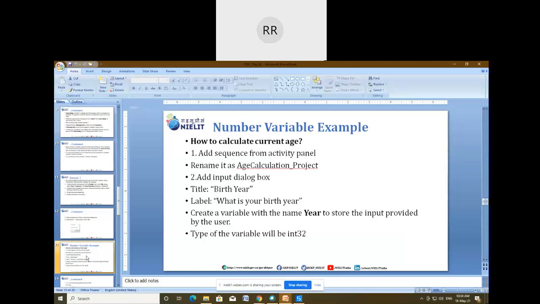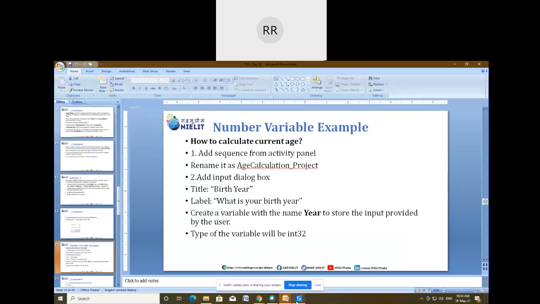So this is the example and these are the steps that I have discussed. In this example, we are going to utilize the input dialog box, then the assign activity, and then to display the current age, we are going to use the message box. So we'll use three different activities inside a sequence file.